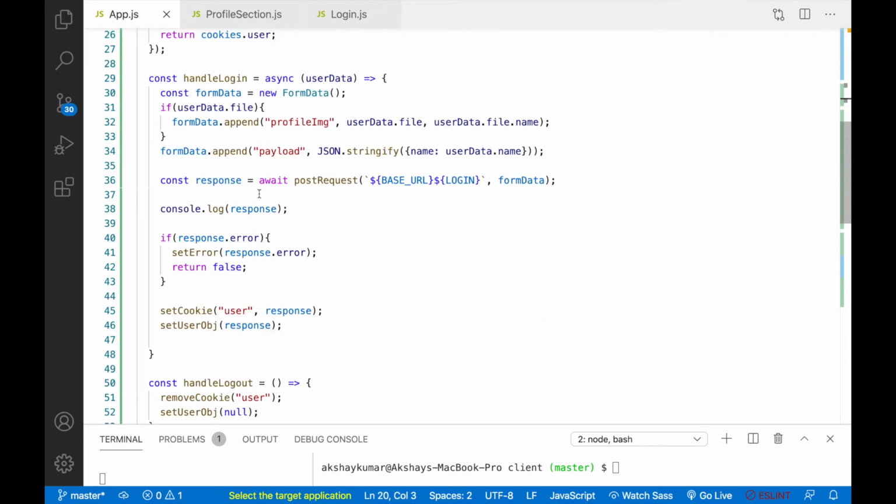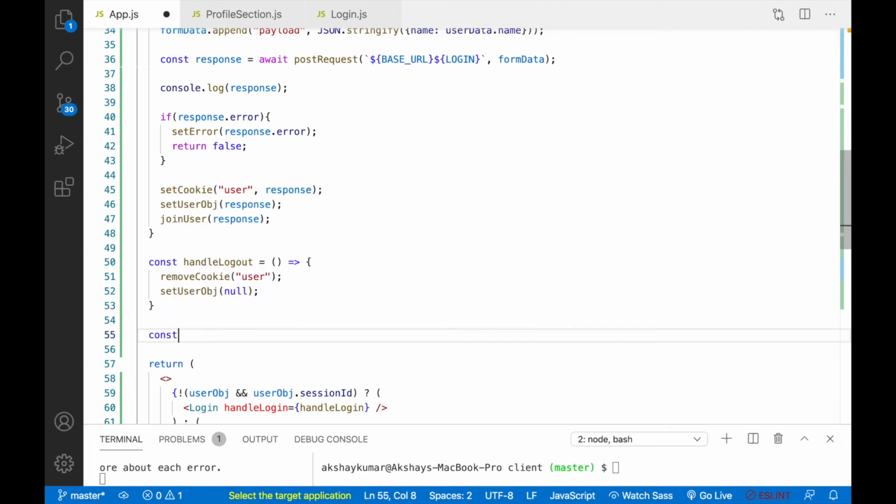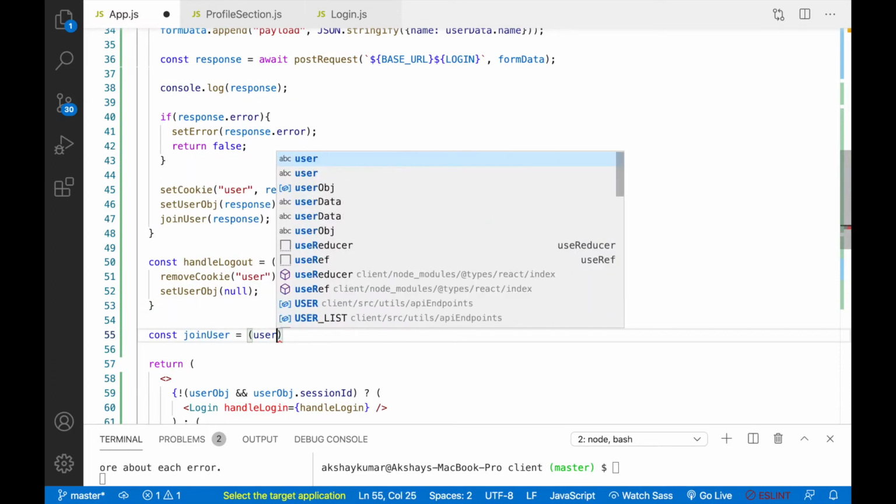So inside our handleLogin, after setUserObject, we can write joinUser, and we can pass the response here. And for this joinUser, we can write one function. So we'll write const joinUser equals, it will take userData.